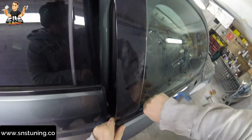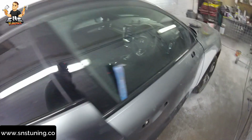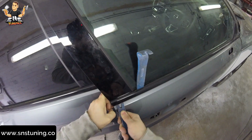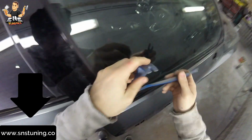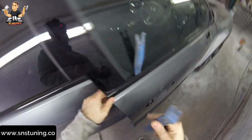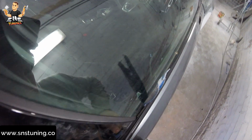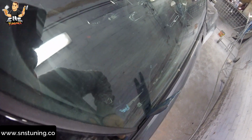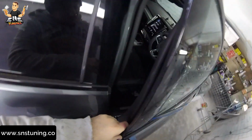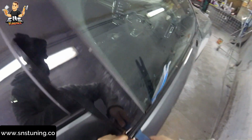Let's see. For me it's a new car, right? So you have to bear with me, because even myself I don't know how to remove this trim, so we're going to learn today together. I'm going to put this tool like that, and let's try one more time. Just easily. Just like I told you, insert the tool like that and turn, whichever side you want, left or right, doesn't matter, just turn,